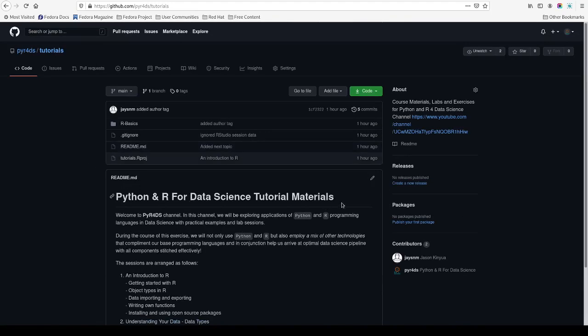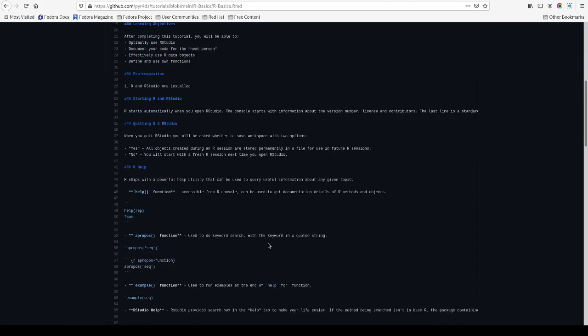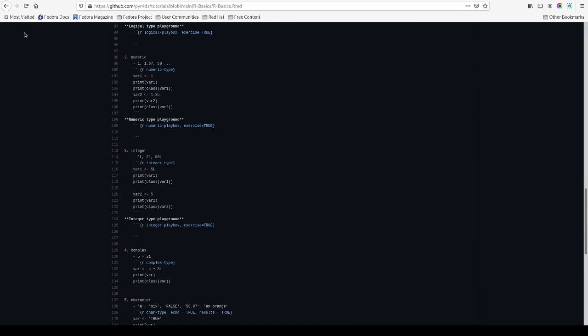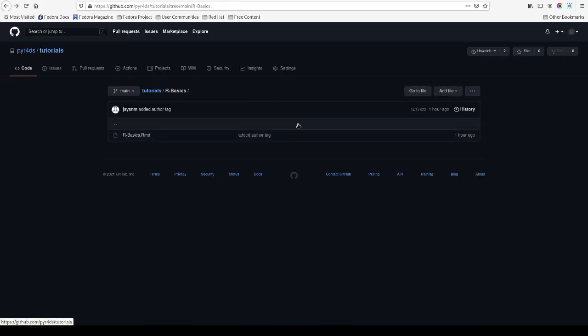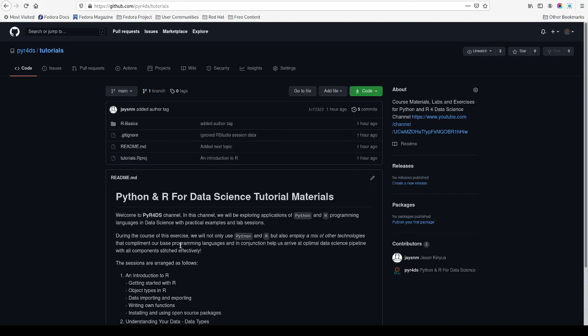All code is there, and everything will get into this repository. So these are the R basics. So this is today's session, the R markdown file. Please take your time to go through it, and let us meet in the next session.